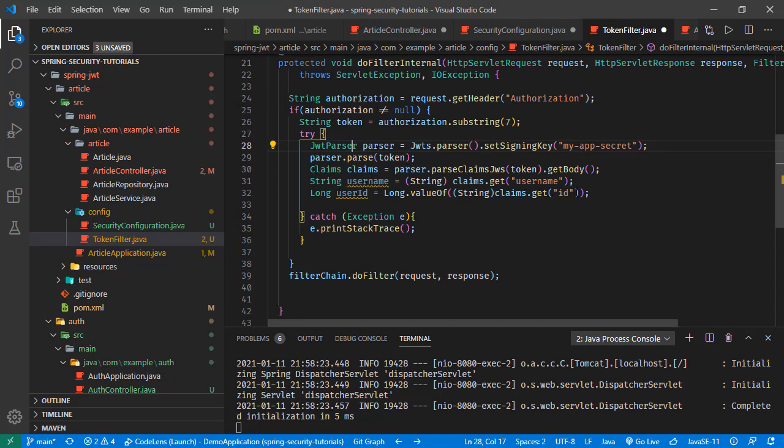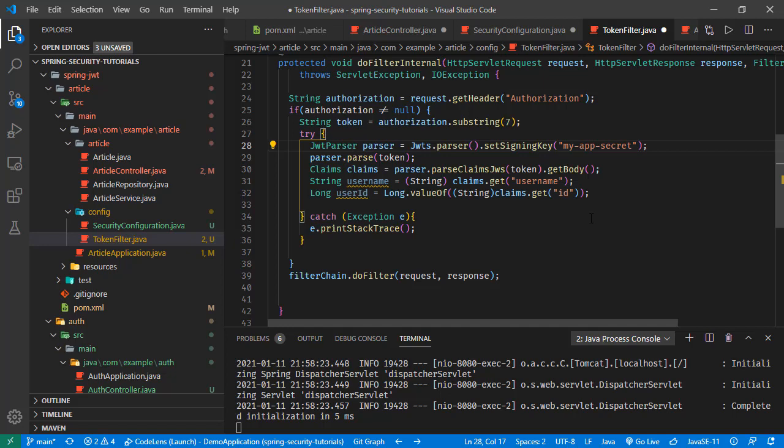We are retrieving the claims. Now we are going to create an object to tell Spring Security that this authentication is done. So the filter chain will know about it, and it will be doing the next actions based on the current